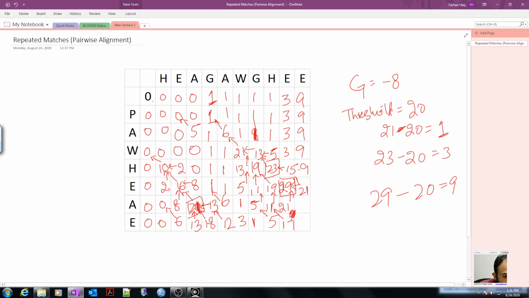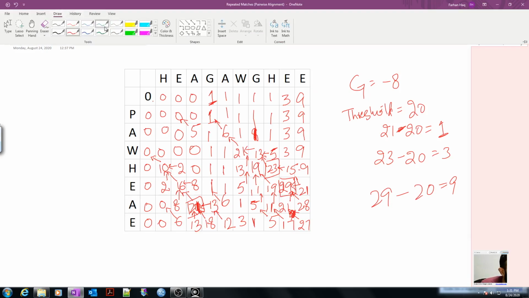Why? Because if A and E misalignment score is -1, so 29 minus 1, this is 28, and then the last is 20. E and E, again this is alignment, so 21 plus 6, this is 27. Now we have aligned the whole sequences, and if we see that from here we start, if I just change the color, and you can see